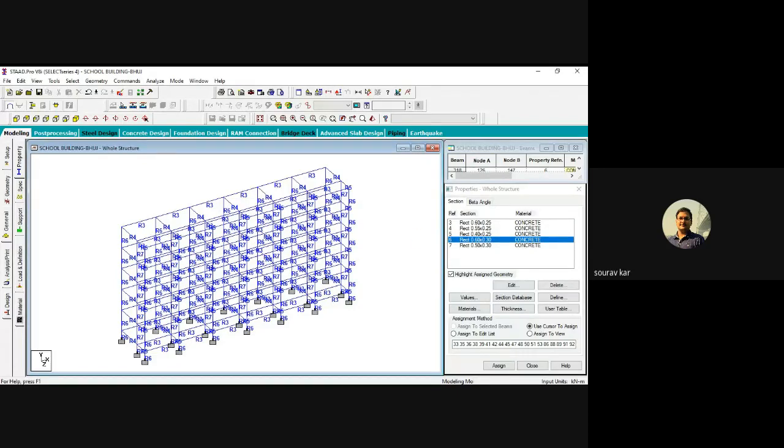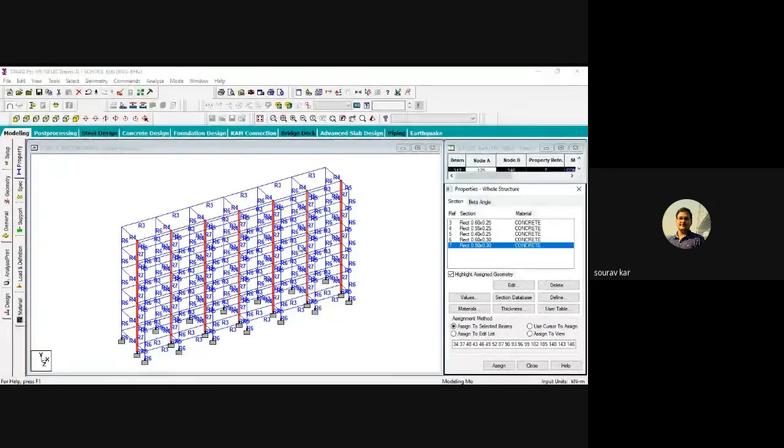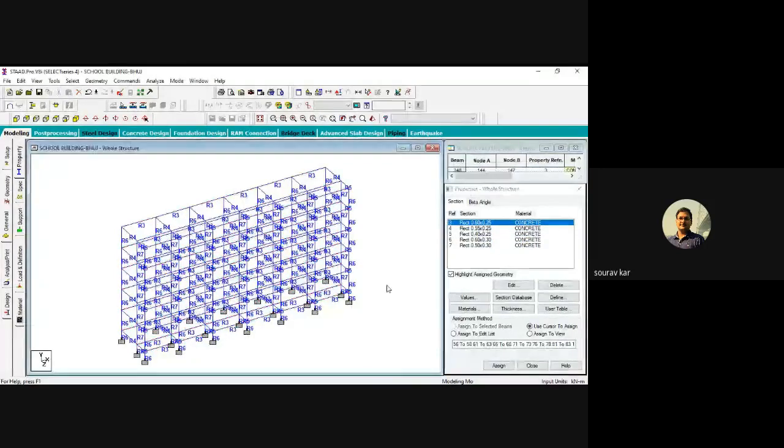Okay. One thing, there is a slight problem in this problem statement regarding column size for 2 meter span. For 2 meter span, the column size they have given is 300 by 500 mm. Okay. So I have taken this only for 2 meter span. Okay, so no problem, we have done.